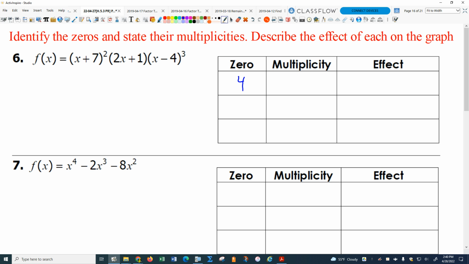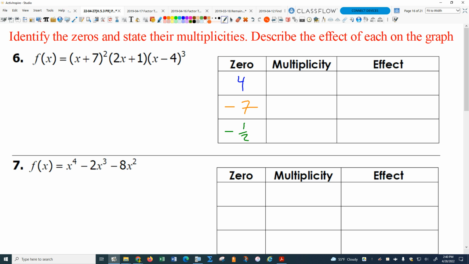What do you think? Ashley, what's another 0? -7. And we should get one more out of that. What do you think? Ashton, what's the other 0? Negative 1/2. Good. If I set that factor equal to 0 and solve, I get the 0,